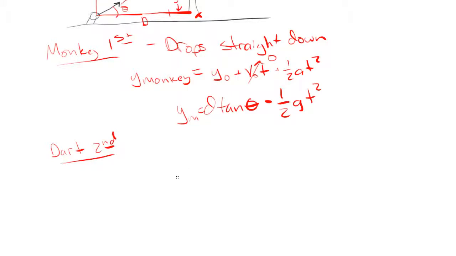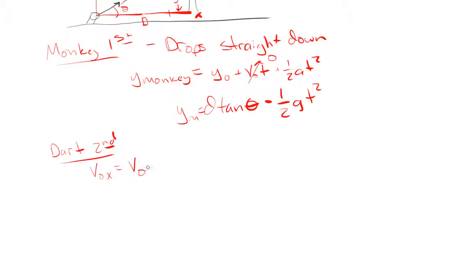All right, so the dart is a little bit more complicated. It has some x and y motion. I'm going to take a look at the x motion first because I don't really know a whole lot about the dart. But I do know a distance. I know this distance, d. I'm assuming that I gave you that distance. So I know that distance is related to the monkey because it's got to go that distance d before it hits the monkey. So in the x direction, then, I know that my initial velocity